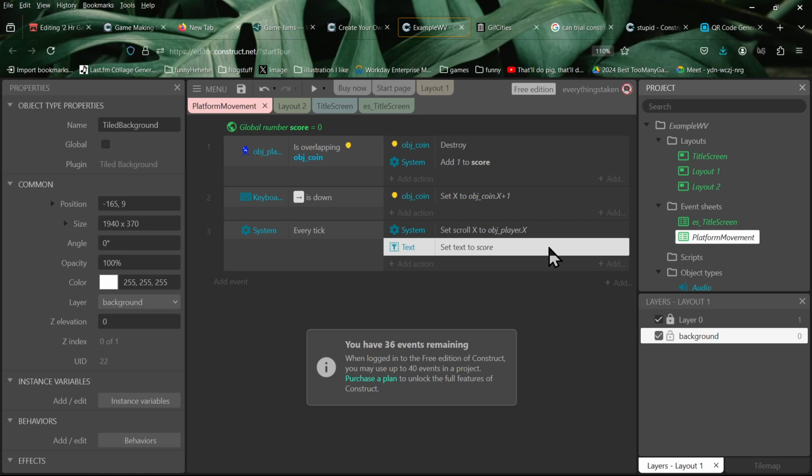Maybe it can be protected, so just. And then go to add action. And now go to system. And then type in layout. Layout.